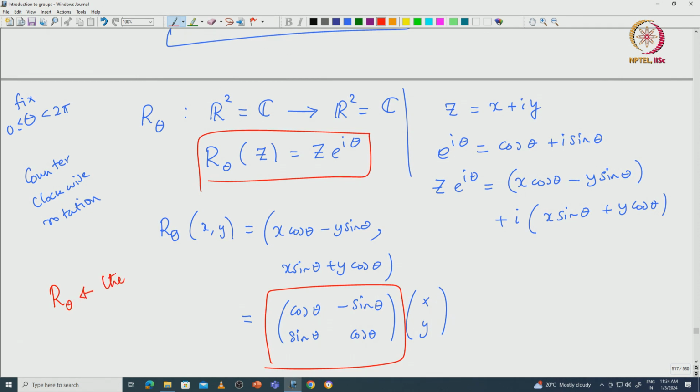So, this is the rotation about the origin, of course with respect to theta. Okay. So, these are some examples that are very explicitly given using algebraic formulas. Now we will use such things, and later we will write down a very explicit formula for all isometries. So, I will do it in the next class, maybe I will stop here.